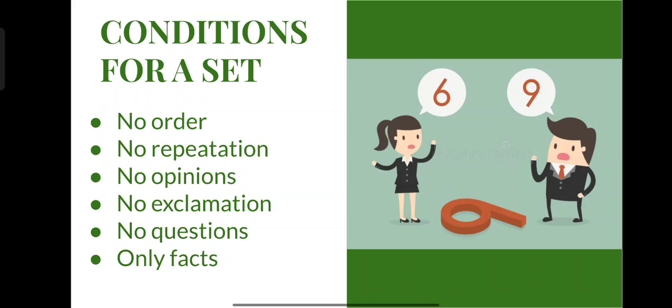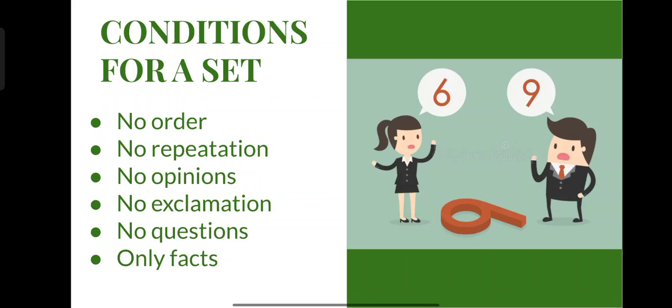We can see a picture on the right hand side where a girl and a boy are in an argument, I think. From the girl's point of view, it is definitely 6, so the girl thinks she is right. As well as from the boy's point of view, it is definitely 9, and the boy also stands by his point. So for some sentences there will be different opinions, and the person who tells the opinion will stand by it because he or she thinks that what they are telling is right.